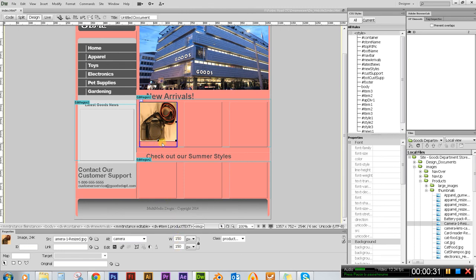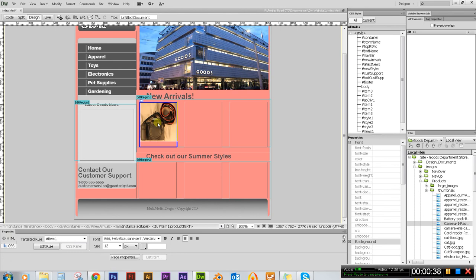And now I'm going to make sure the image is selected and hit the right arrow key, and you can see the cursor is starting there. Now I'm going to start typing in here, and this will be Canon camera, and that'll be set up with the properties that we assign to the container. So that's one of the new arrivals here,